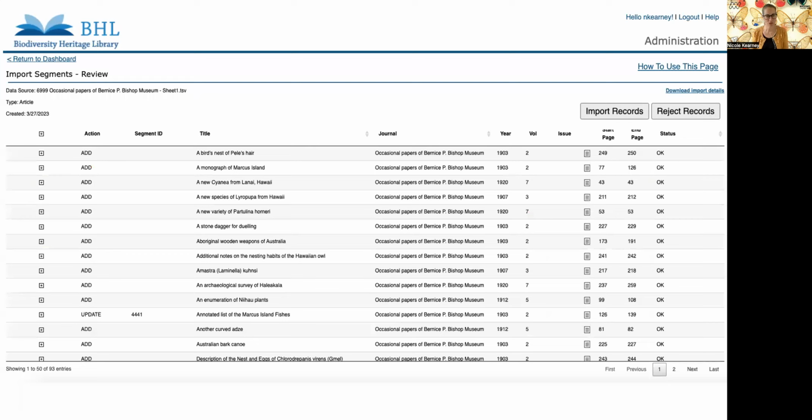We would also recommend doing a spot check. Spot check the segments with the status OK, as it's possible that they may still contain some warnings that may need addressing. So just click on a plus here and there just to check that before you click Import Records up on the right-hand side. Once you've reviewed all the data and dealt with any warning or errors, it's okay to proceed